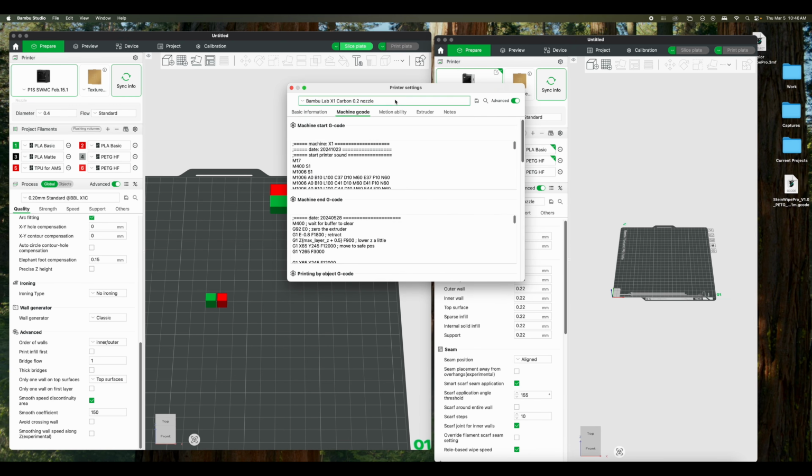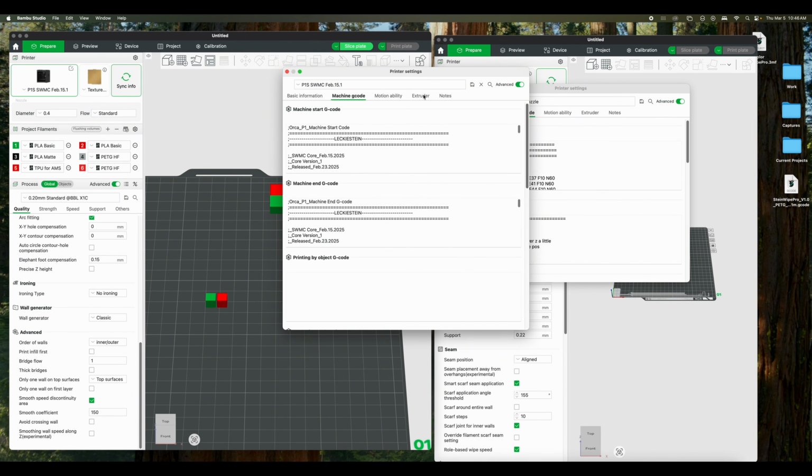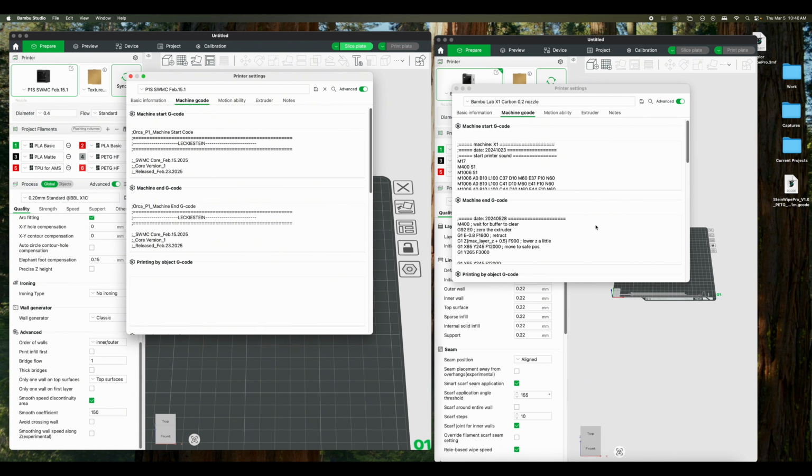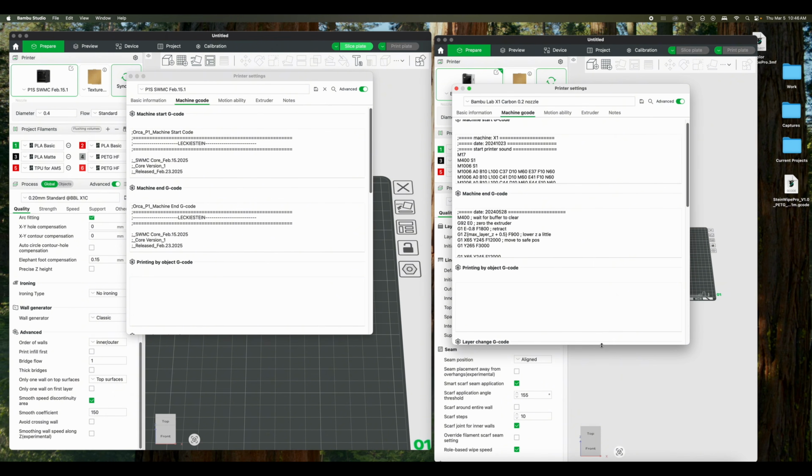Okay, so now you go to the G code section here. On this side here, we're going to open this up, go to machine code, and just arrange these windows so that you can just move everything from the left to the right. And for whatever reason, I can't grab this and drag it down. Okay, so just Command A for me here on a Mac, and then Command C. So I'm going to copy everything from here. Command A, Command V,